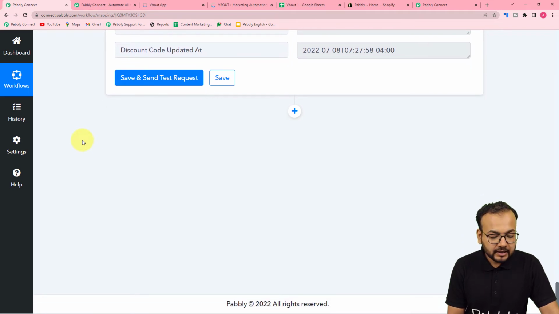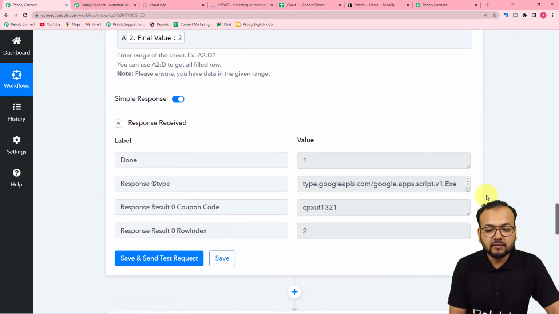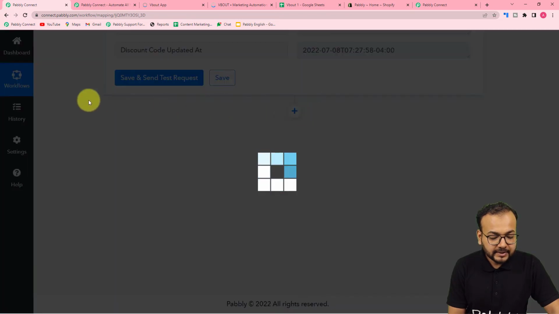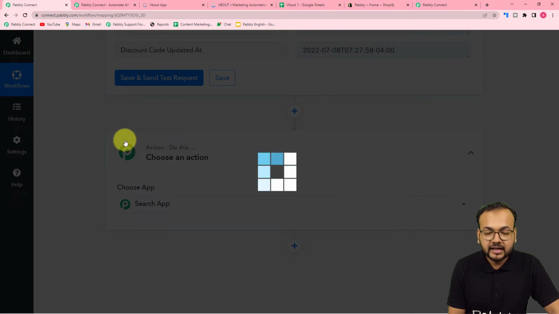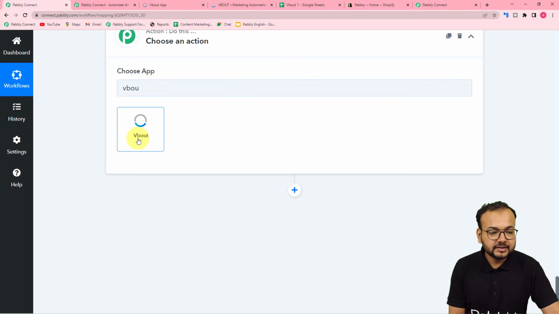Okay, now guys, I want to send this coupon code created to the customers that I have already present in VBOUT application. But first of all, we are going to check if this person who has just abandoned our cart from Shopify is already present in our VBOUT application or not. For that, first of all, I'm going to click on this plus icon, and here, guys, I'm going to connect VBOUT application in the actions tab. So search for VBOUT from here. This is it, select it,